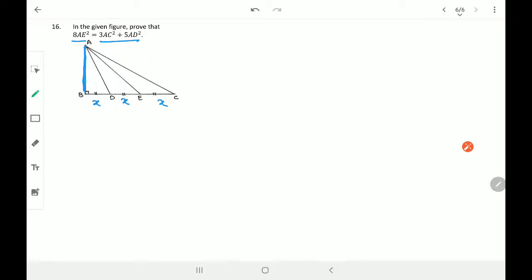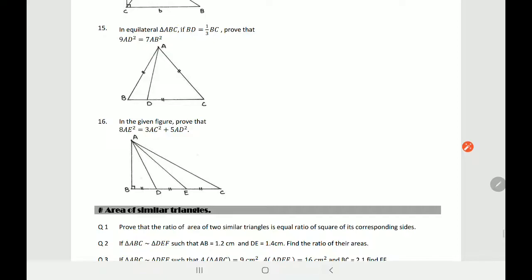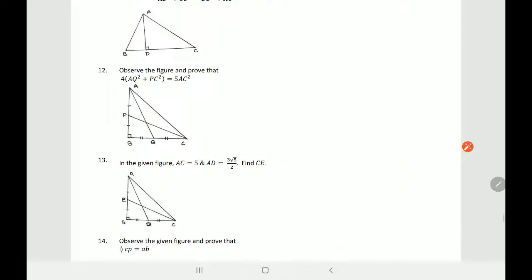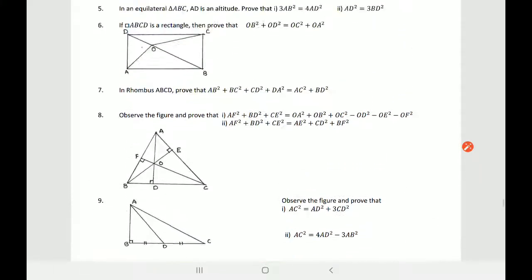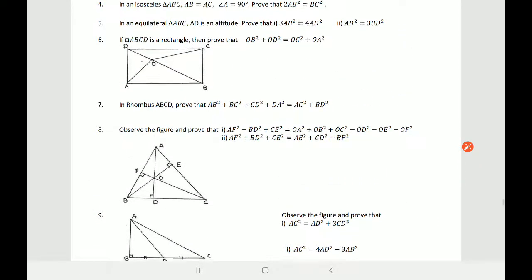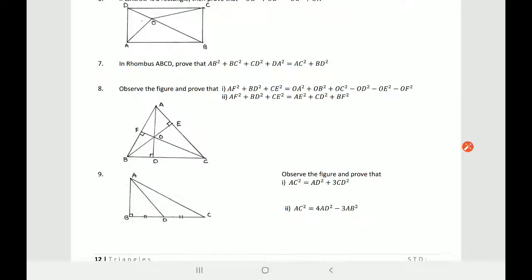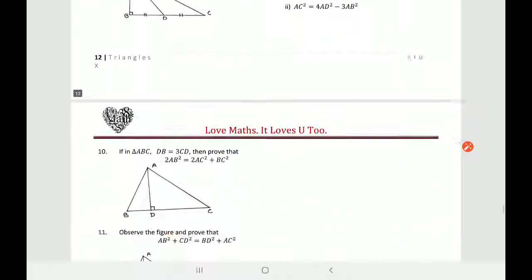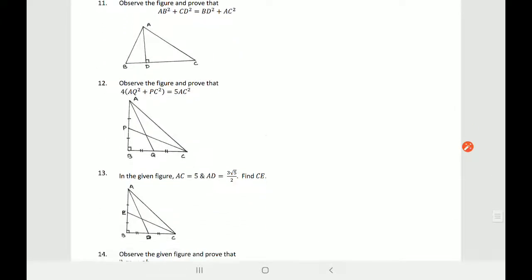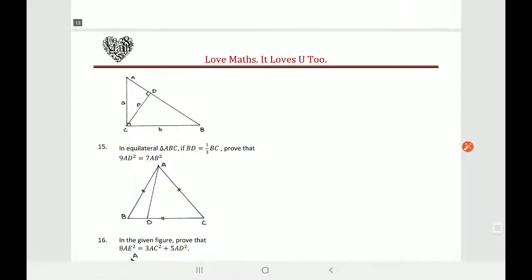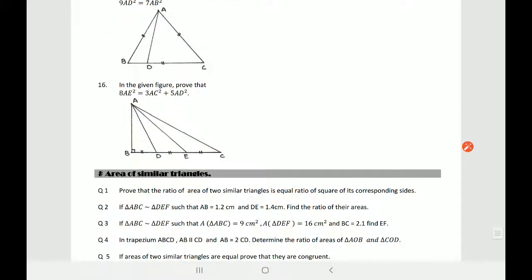Still we are left with Pythagoras theorem. There are so many difficult questions we have to complete. So what I want to tell you is what today you have to complete. See what we have done. From here we started. I think from 6th question we started. 6th, 7th we have done. 8th, 9th, 10th we did it. 11th, 12th, 2 questions we have completed. 13, 14, 15 we are going to do later on. 16 you have to complete. Okay? It is there in the video itself.